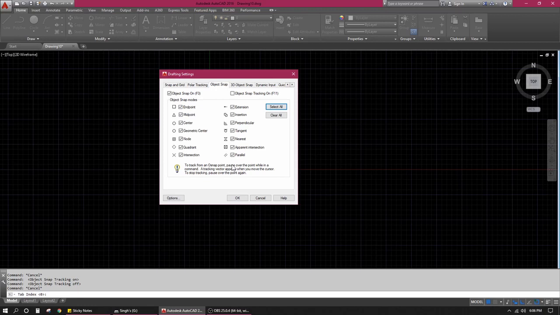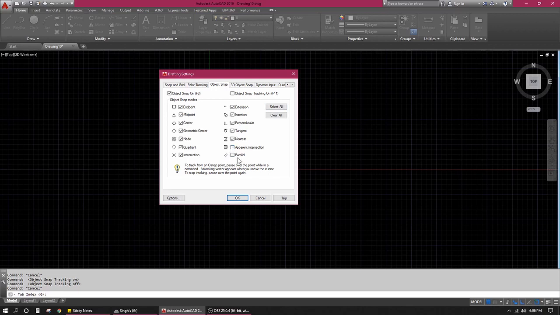It is basically that. But a lot of times, suppose you are making something very complex, and so many drafting points are disturbing you, so you can just go and deselect the most useless ones.